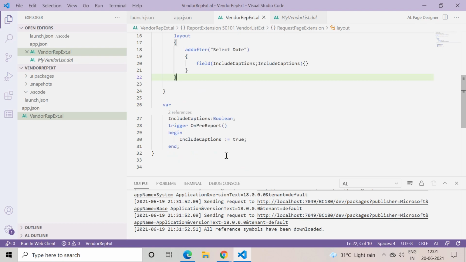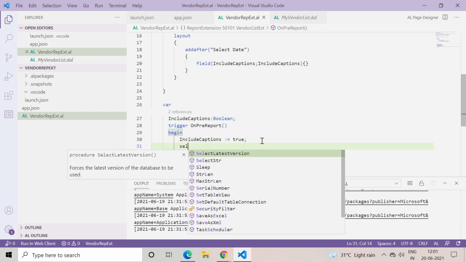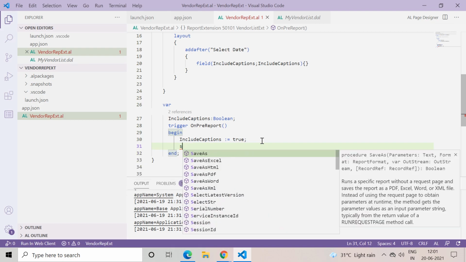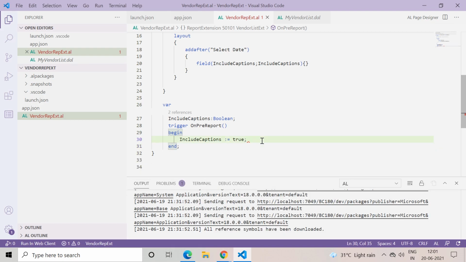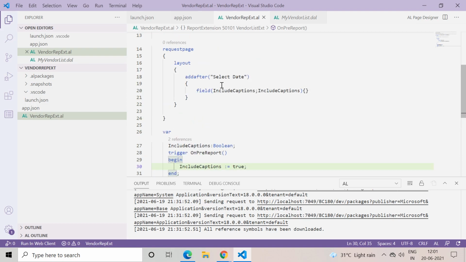Okay, let me check if I can use it now. So it is not available in the current report extension part. Never mind, we included this just for reference so that we can also check what changes we can make in the request page section.